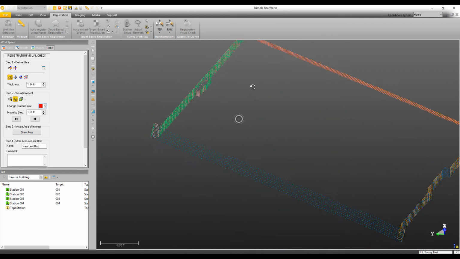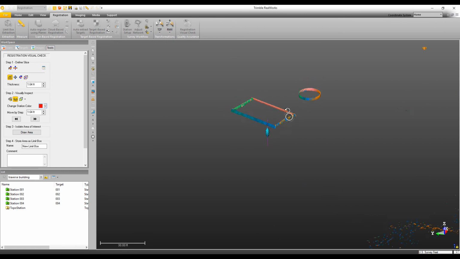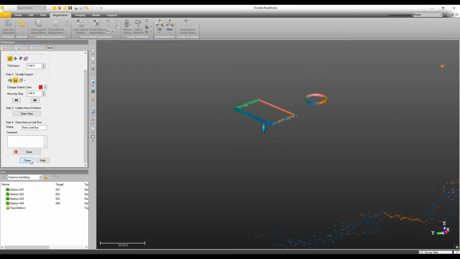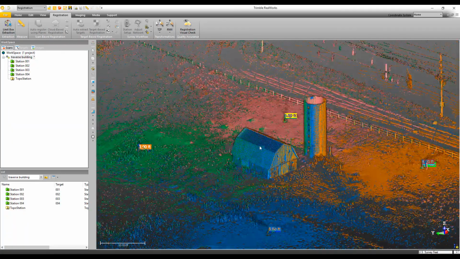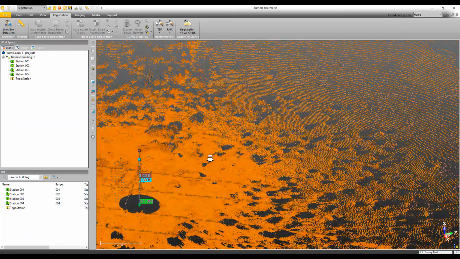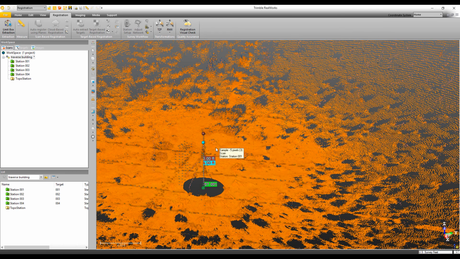But overall, really happy with the results. Got good numbers. The point cloud looks good, and I think that we're done here. One thing that you could do is if you wanted to come back later and do a georeferencing on this, you could select the project, go to the registration tab, and in this group we have,